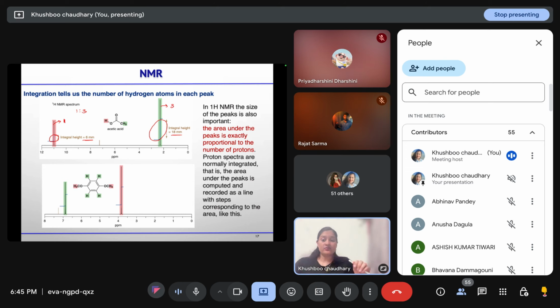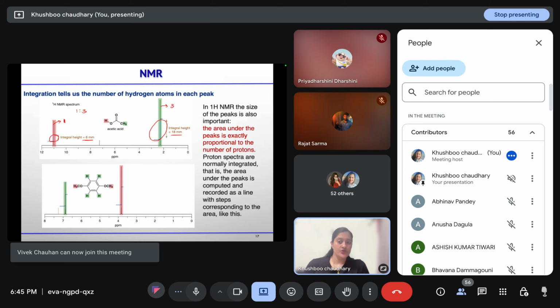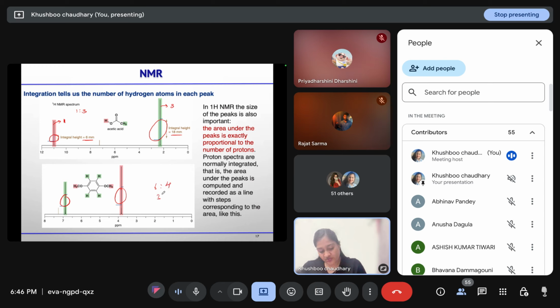But if you have a symmetrical molecule, then if we are considering the ratio, sometimes it will be problematic to find out whether this 1 to 3 is for 1 and 3 protons, or whether it is for 2 protons. So for symmetrical molecules it is difficult, but in the current scenario we can easily find out how many protons are there based on the structure of the molecule, or the molecular formula that we are aware of. Similarly, in this case we can say the ratio comes out to be 6 to 4, so 3 to 2.